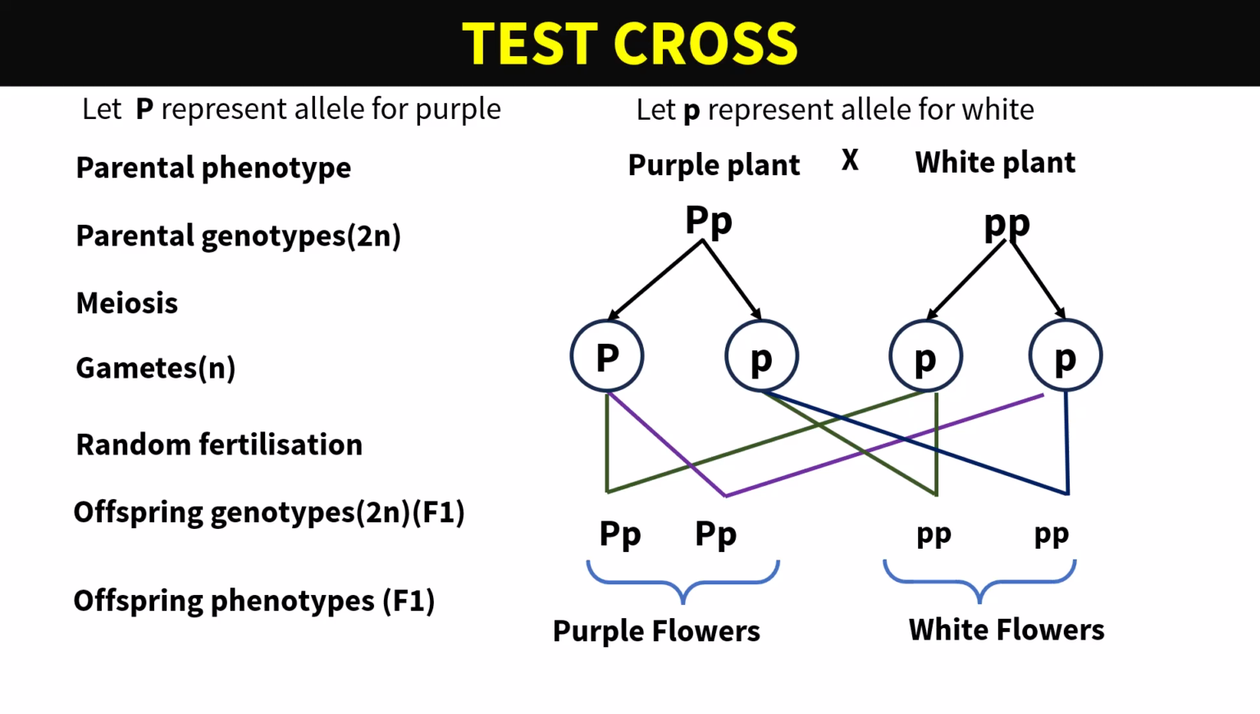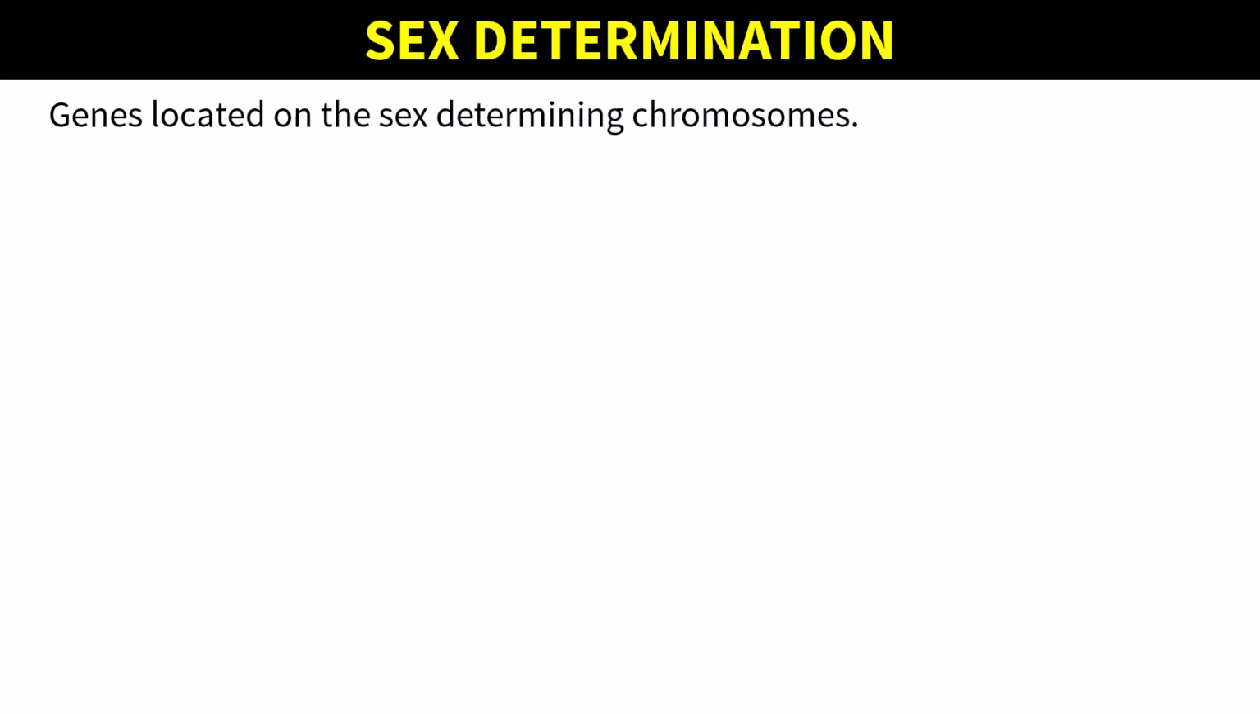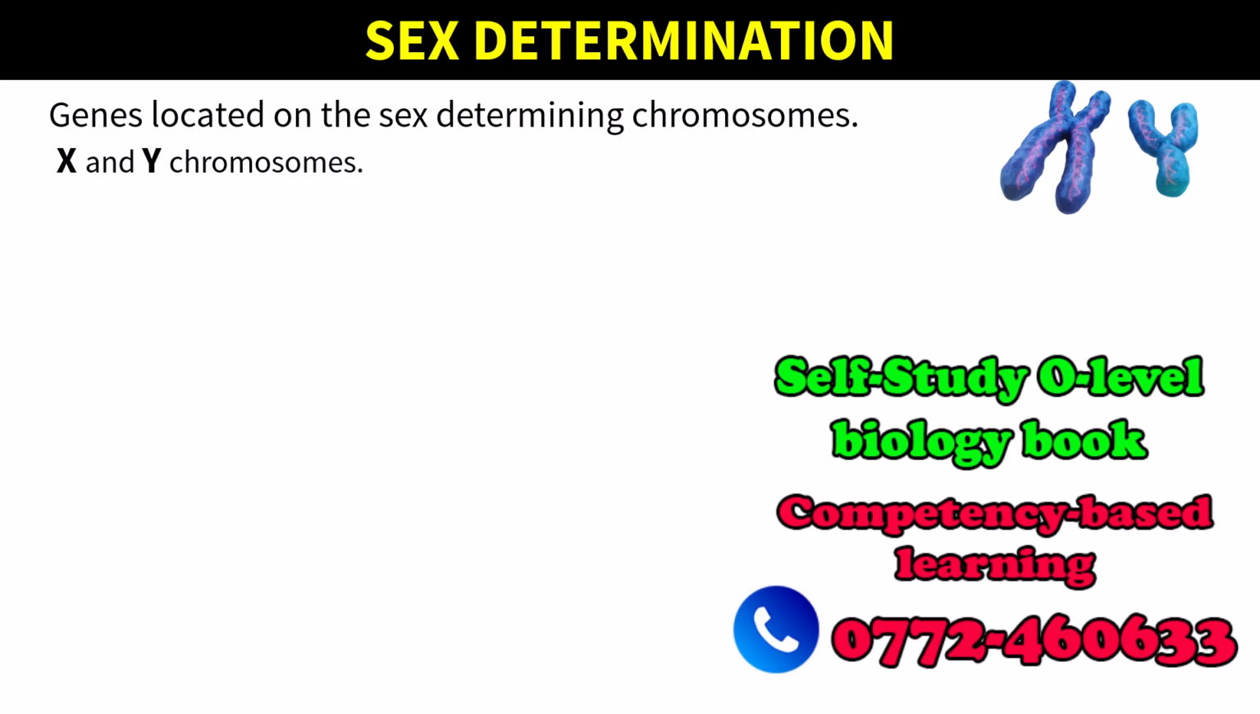Let us dive into sex determination in man. Sex is determined by genes located on the sex-determining chromosomes. The chromosomes that determine sex are X and Y chromosomes. Inheritance of the double X chromosomes results in a female human being, and inheritance of the XY chromosomes results in